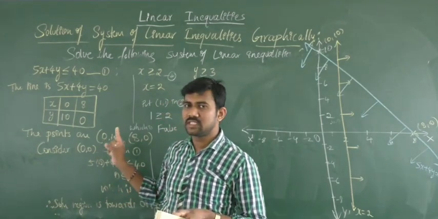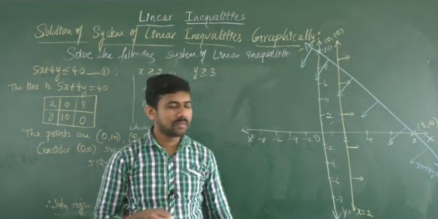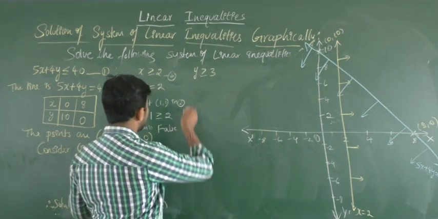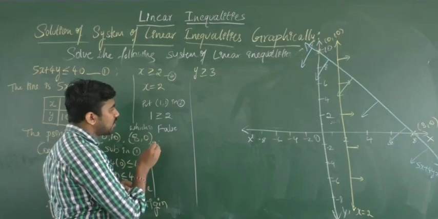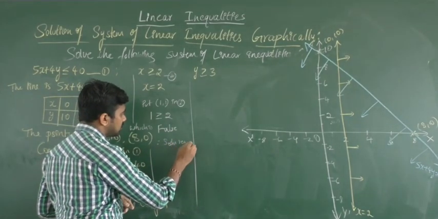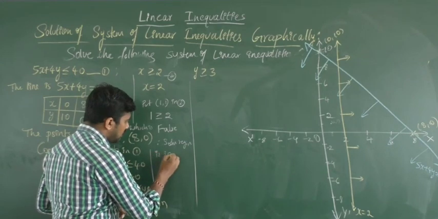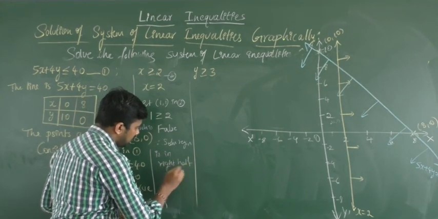Okay, or do the steps properly to get the graph, because the graph carries the marks. Understand? Remember that. Now see here. Here we can say, therefore, the solution region is away from (1, 1). The solution region is in the right half plane, also we can say right half plane.